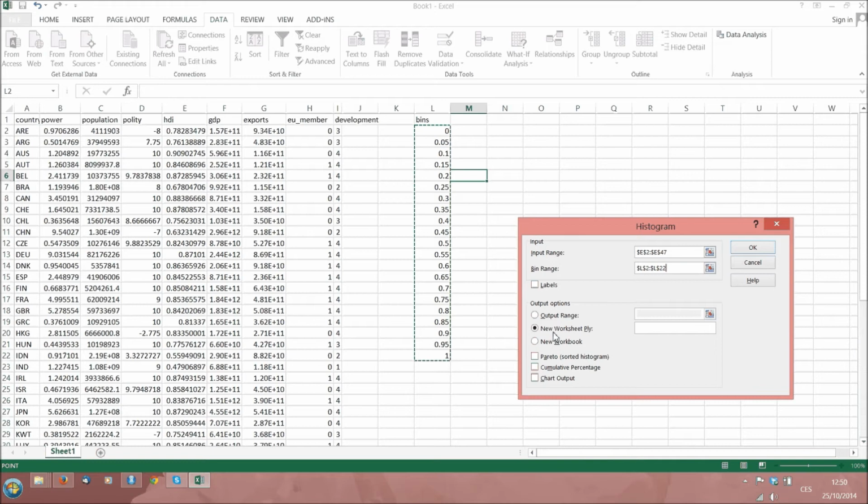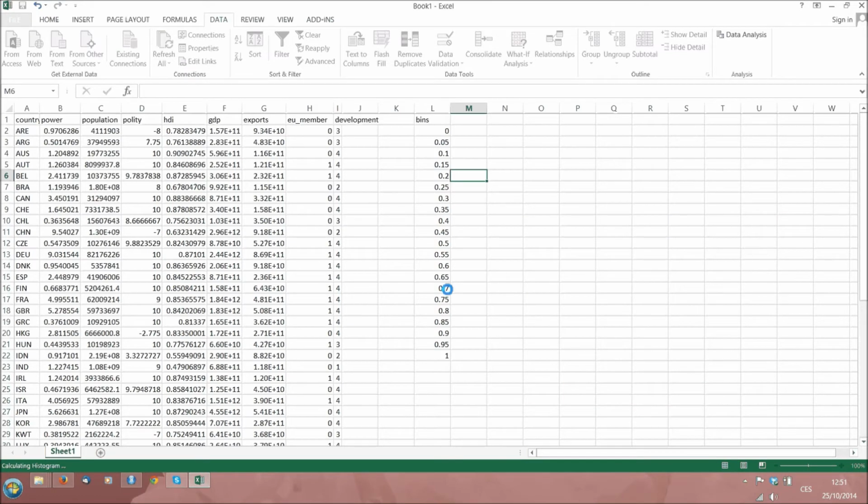We want the histogram to be created on a new worksheet, that's okay. And we want not only the count numbers, but we actually also want a graph or a chart, so we also want the chart output. There are some other options with which you can play yourselves. Pressing OK